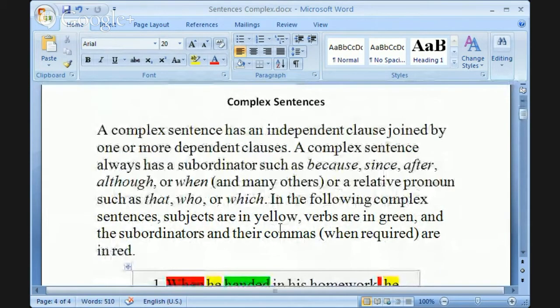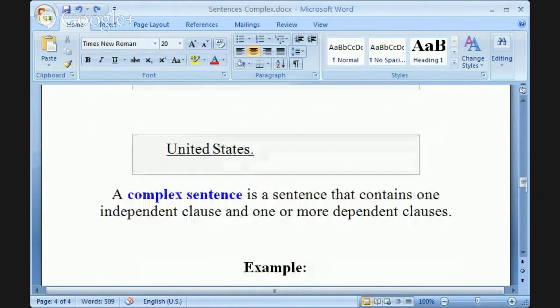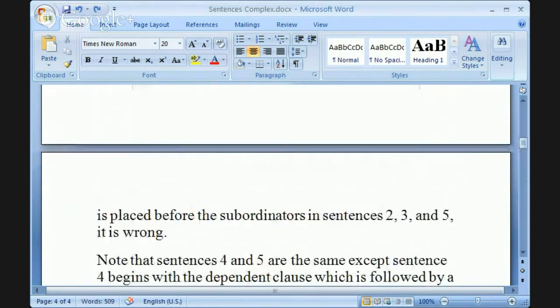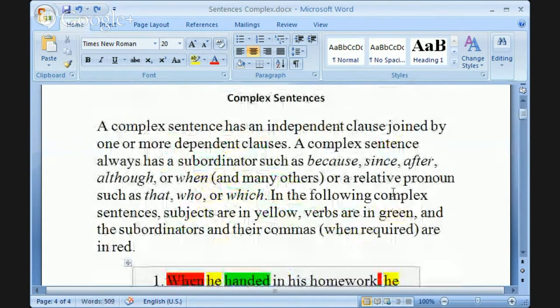Let's start over. A complex sentence has an independent clause joined by one or more dependent clauses. A complex sentence always has a subordinator, such as because, since, after, often time phrases, after, when, for example, and many others. Or a relative pronoun,